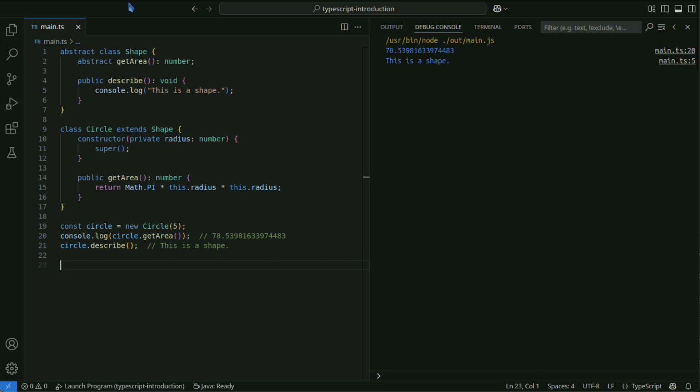In this example, Shape is defined as an abstract class, and getArea is an abstract method that must be implemented by subclasses. The Circle class inherits this abstract class and implements its own getArea method to calculate the area of a circle. In addition, concrete methods like describe are inherited as common functionality and can be used as is.